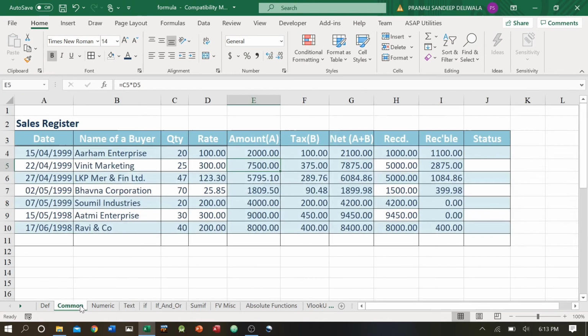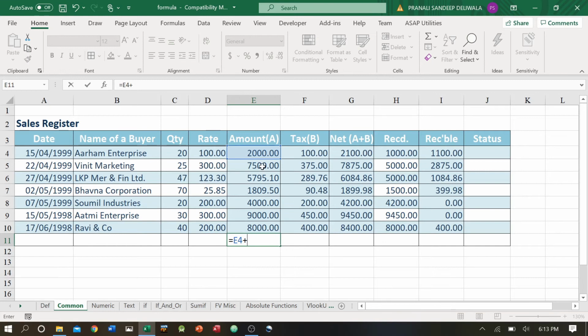The requirement was satisfied by its own formulas. Now let's see something else. I want total amount. So obviously I know the formula. It is equal to this plus this, plus